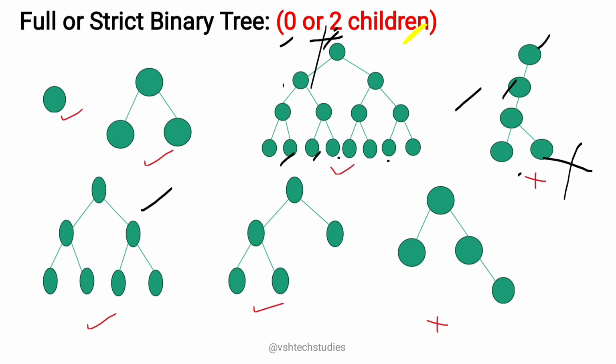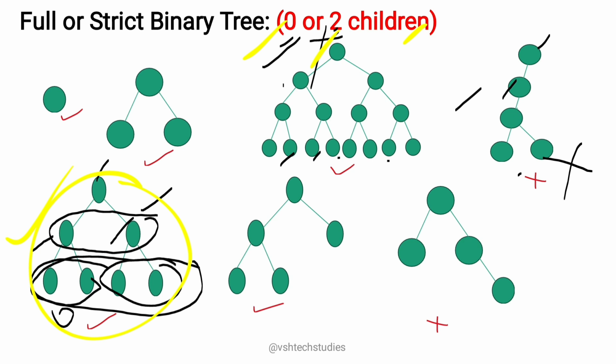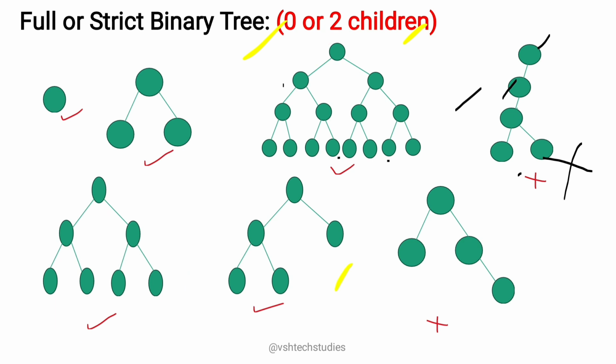But this tree, if you consider, this node has 2 children. Here this node and this node has 2 children, but all the nodes here have 0 children, and hence according to the rule that is having either 0 or 2 children, this tree is called as full or strict binary. Next, this tree, if you take any node, this node is having 2 children, this node is having